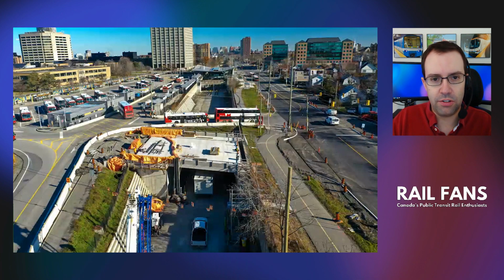It's filled in underneath, so we need to open that up to allow for the trains to pass back and forth. As you can see in the shot, big concrete overpass that's being built there. That's the Goldenrod overpass that they're going to build to allow buses to transit into and out of Tunney's Pasture station. That's obviously key. We should see that be completed in the next couple months, hopefully,